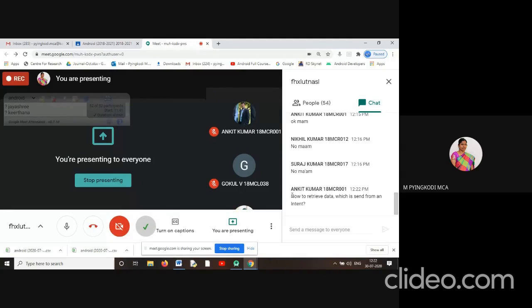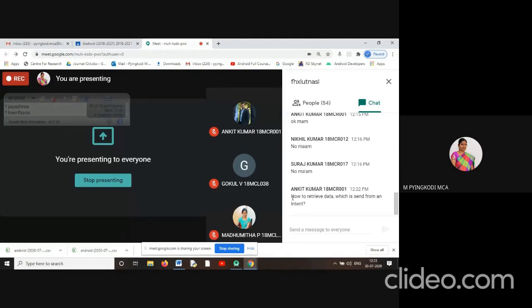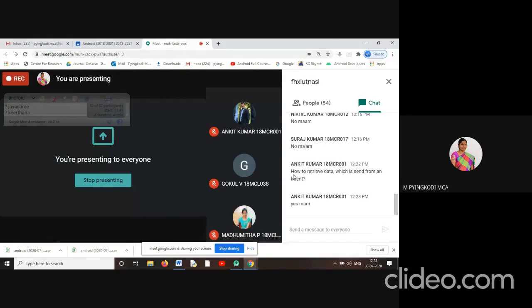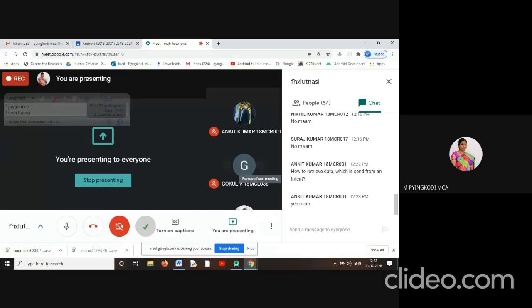Ankit, you are asking about the practical content, right? How to retrieve data which is sent from an intent, right? Using that intent object, we can retrieve the data. While we do practical, we will see how we can send data from one activity to another activity.